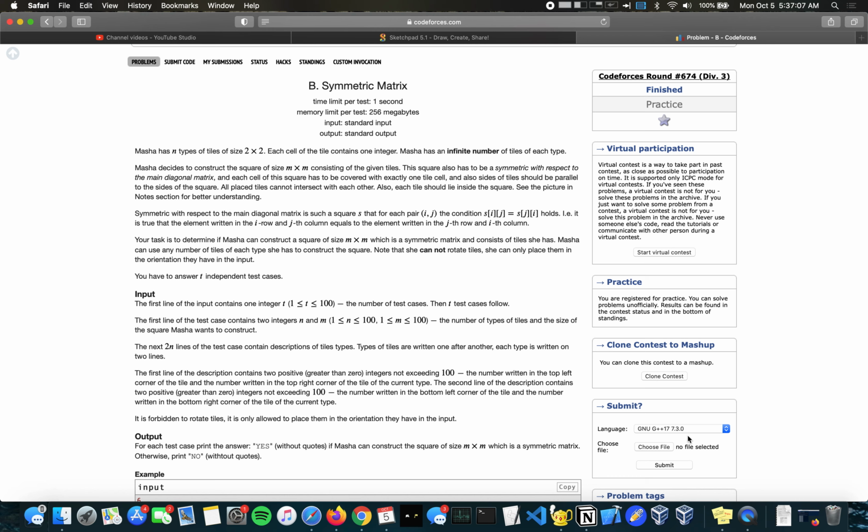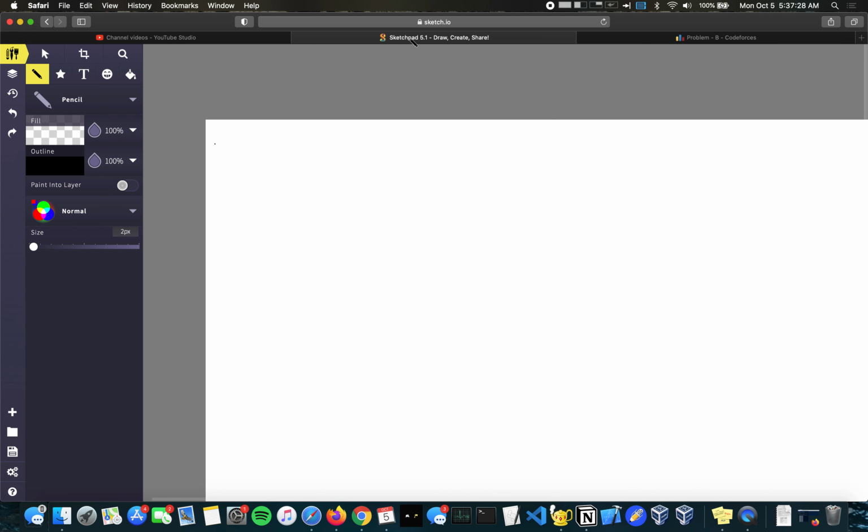In this problem, we're trying to make a symmetric matrix using some tiles. A tile in this context is a 2 by 2 block, and each block has a number. So what does it mean for a matrix to be symmetric? All that means is, if we look at the case of a 3 by 3 matrix,